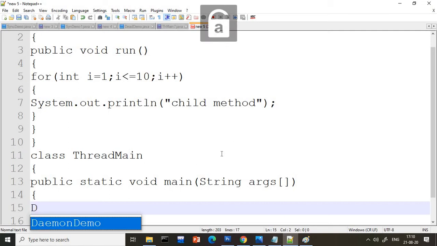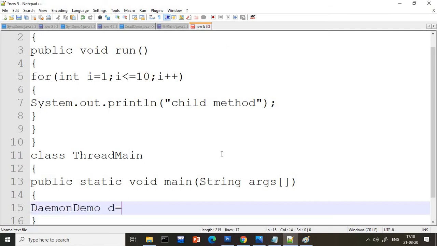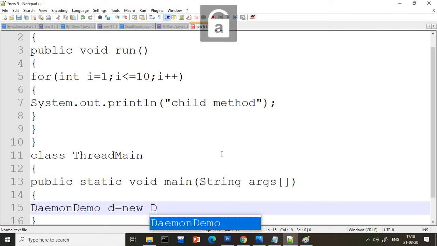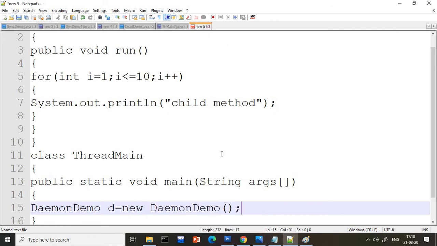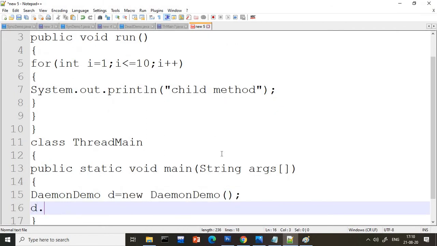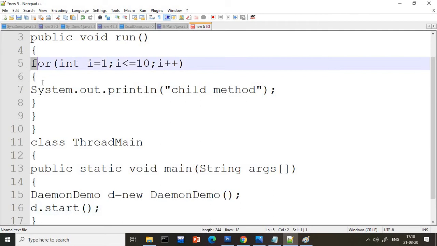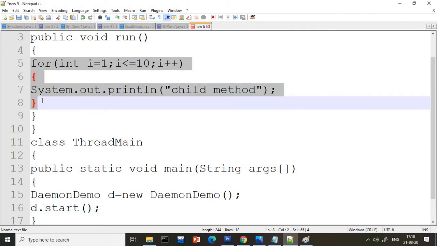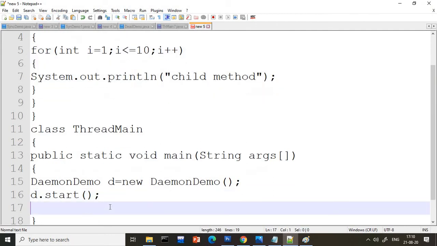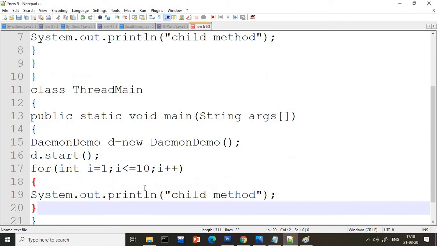We have to write DaemonDemo d = new DaemonDemo(), and here we'll write d.start(), because when we call the start method, internally it will call the run method. And guys, those who are totally new to this program, I will suggest please watch my other videos so you will understand this program, because this is multi-threading. But how to use daemon in multi-threading, that we are going to learn.